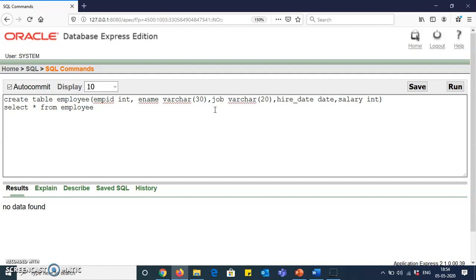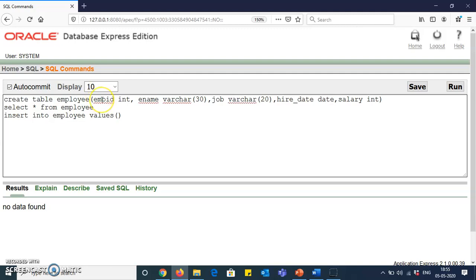Now the next step is to insert the details into your table. How to insert? To insert the data into the table, I need to write the insert statement. So insert into employee. I have already explained the syntax in the previous video, so I will again tell you: insert into, this is the table name, then you have to write values. This is the syntax for how I need to specify the details.